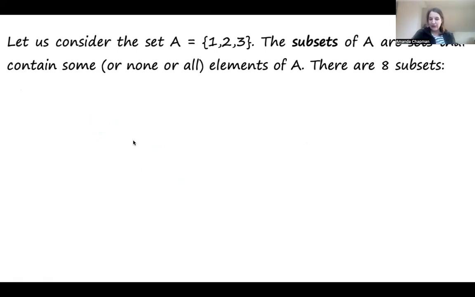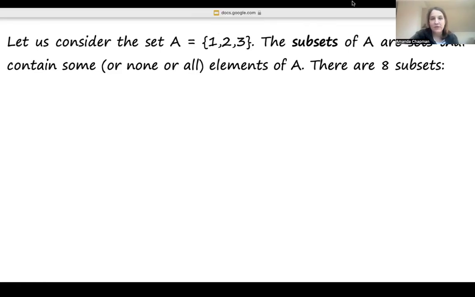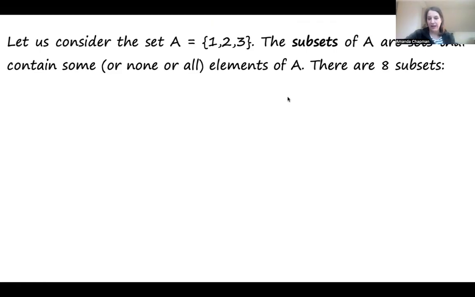Okay, so let us consider the set A equals {1, 2, 3}, and the subsets of A are all or none of the elements of A. So there are actually 8 subsets of A that we could write out. We could, of course, have the subset just {1}, a subset just {2}, and a subset